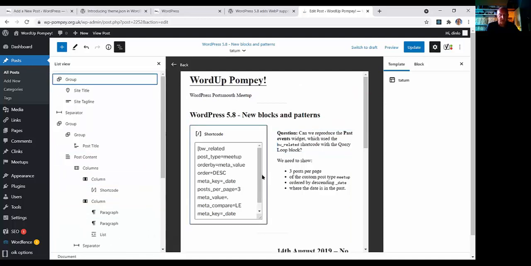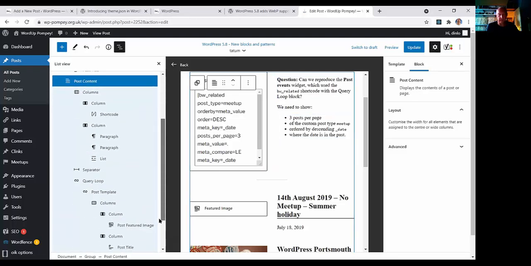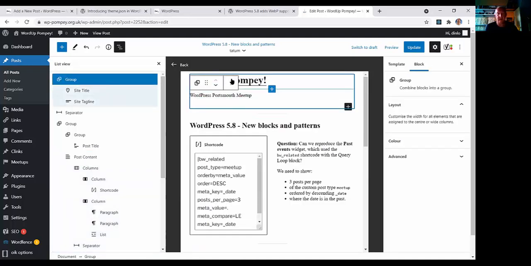So this is what I wrote in the post. If I click on it, you can see it's selected, highlighting all of the blocks within that post content. Now, I can change this template, so I can add in additional blocks, so I can remove certain blocks. So let's go back into the group block and